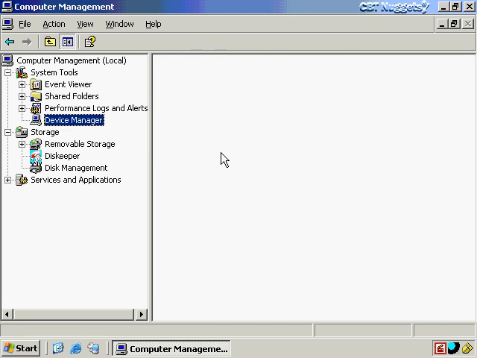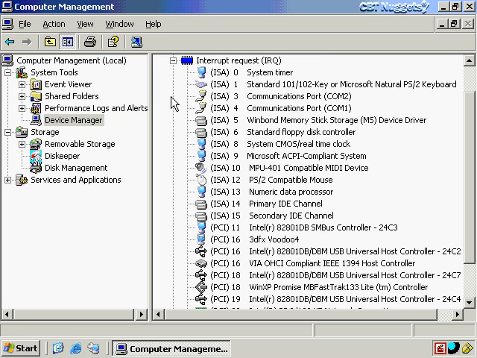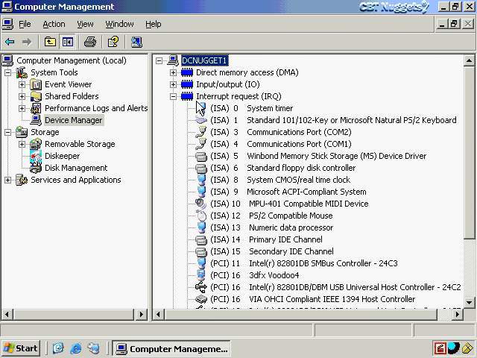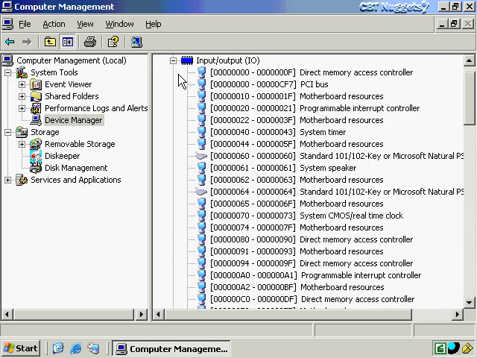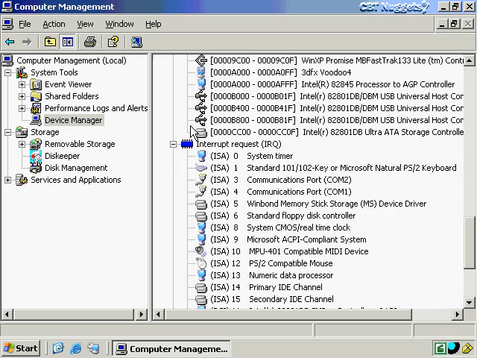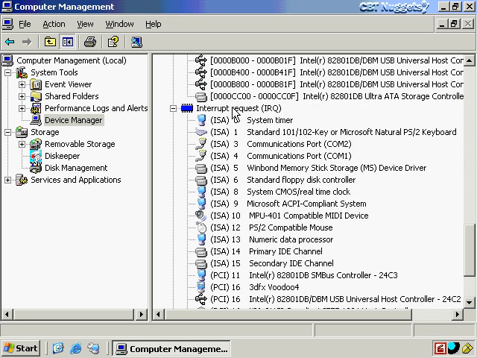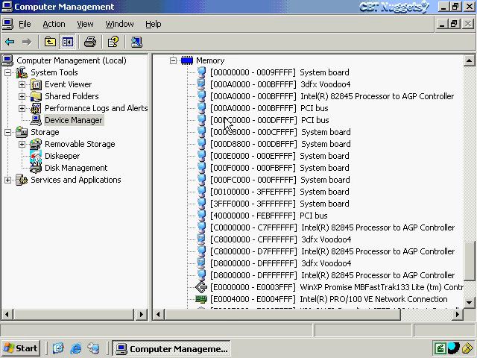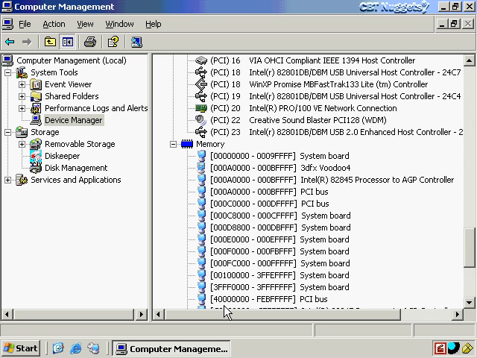If I look at Resources by Type, then I can see under Interrupt Requests all of the interrupt requests that are in use, and I can see all the resources that are necessary there. I can also take a look at some of these other items, I/O, for example, and then DMA and so forth. Notice that, however, there's no parent-child relationship here, except for the parent being what kind of a resource it is. Likewise, if I go to memory, again, no parent-child relationships under here either